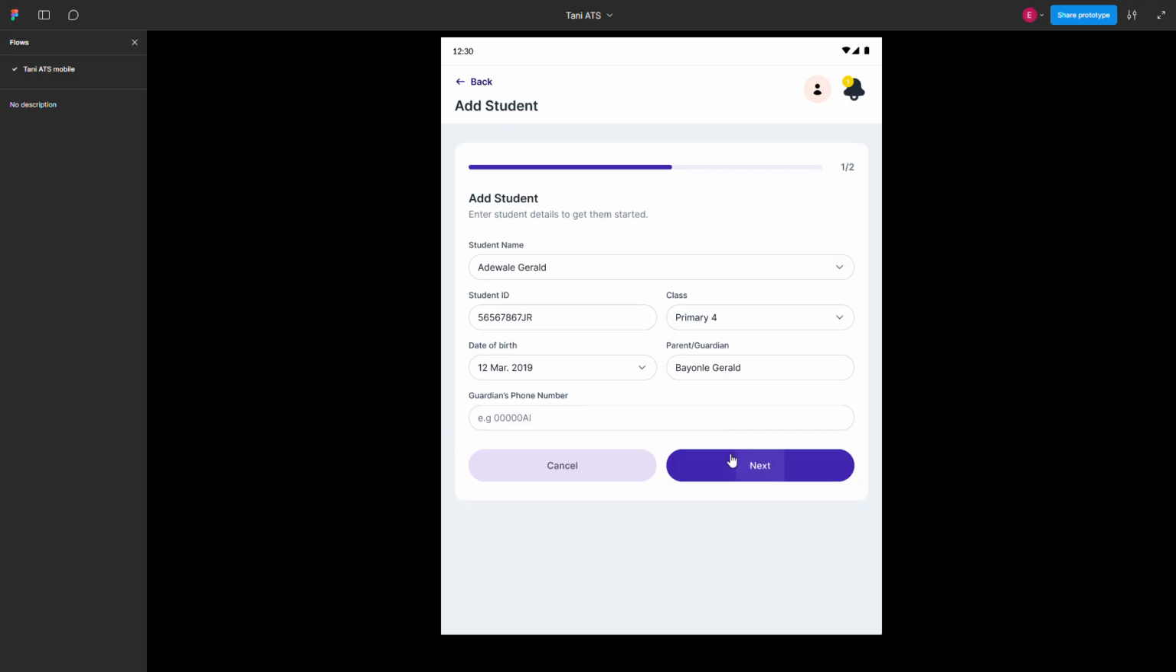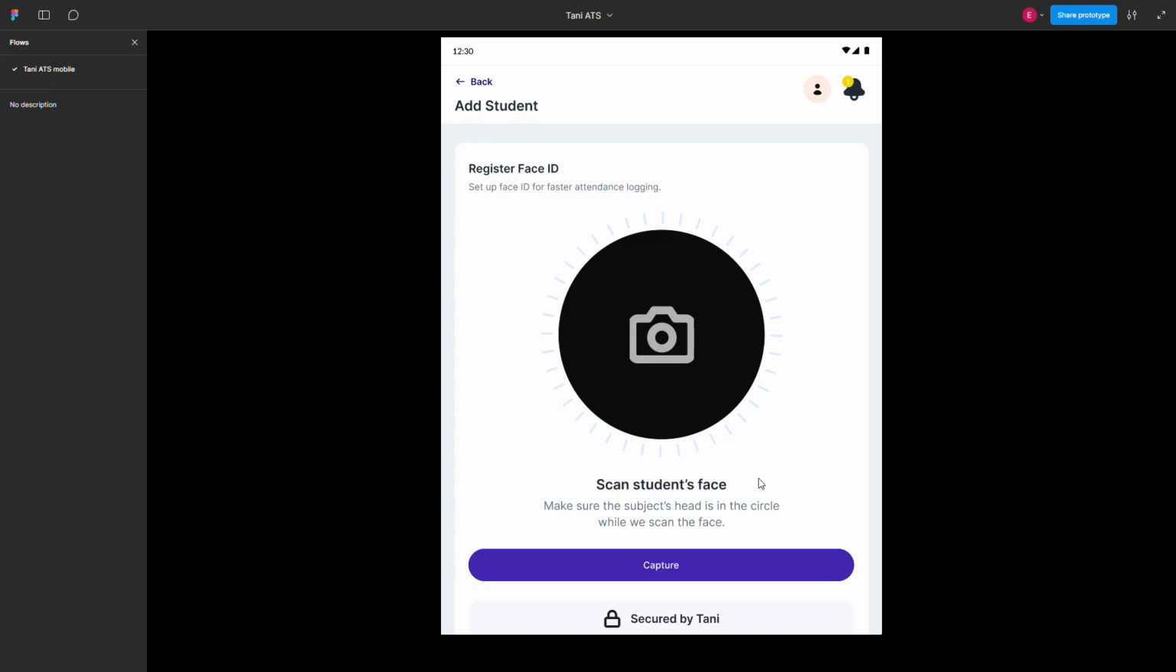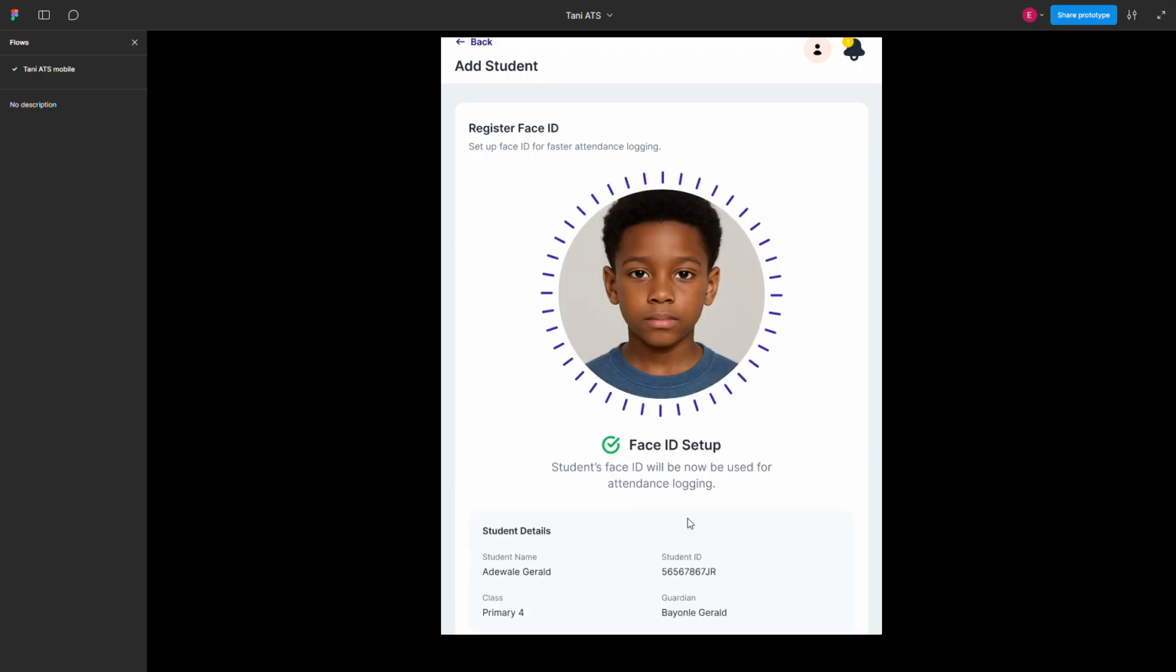So after providing these details, we can see a brief summary and we can go ahead to register the student's face. Upon clicking proceed, we are navigated to this page to basically capture the student's face. Once we click on capture, what is going to happen is that the camera of the tablet or the mobile device is going to open up. We accept the permissions and we're going to take a picture of that child. Once that picture is taken, it's going to be sent to our model, which is offline at the moment,